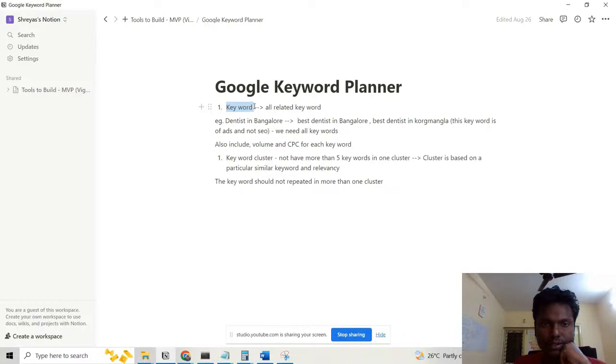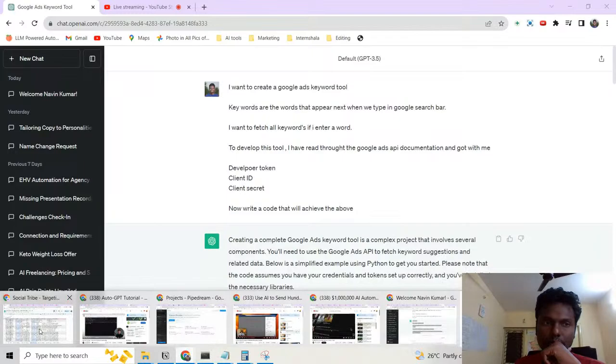So a keyword is basically what follows when you enter a word on Google or any search engine, and if you're doing it in Google, then it actually tells you all the other keywords that are showing up related to it. So I want a similar way. So what I can do is I can actually open a